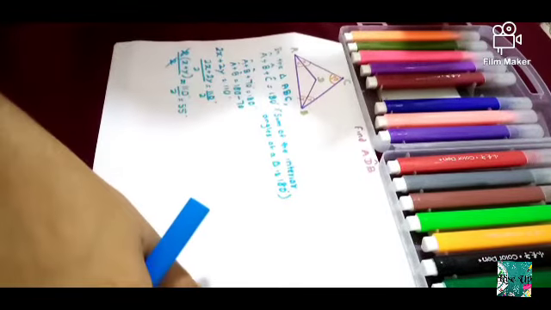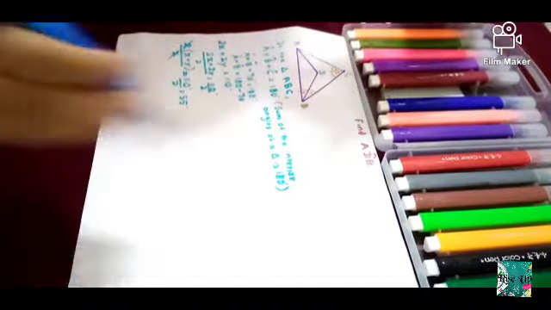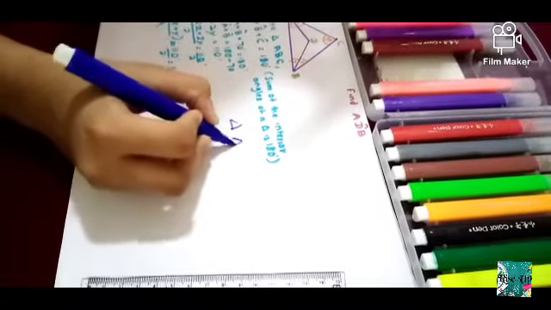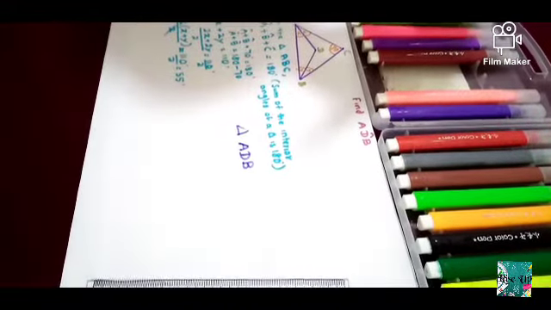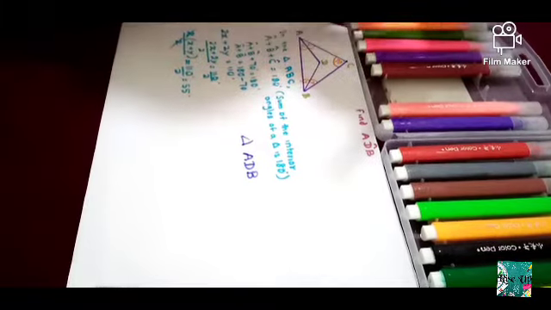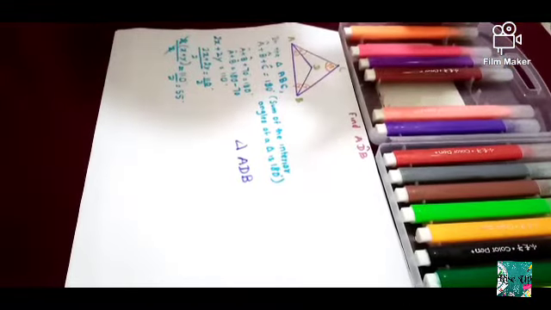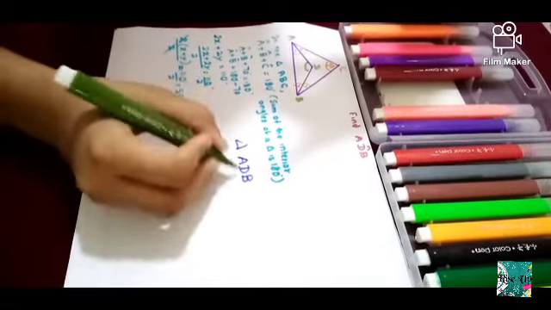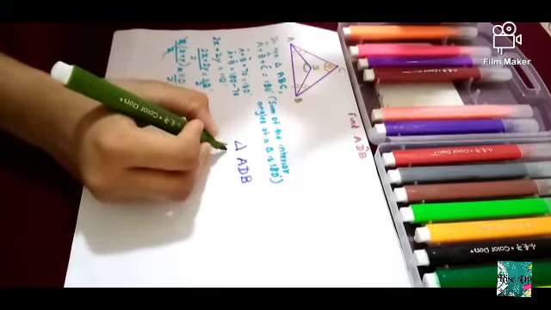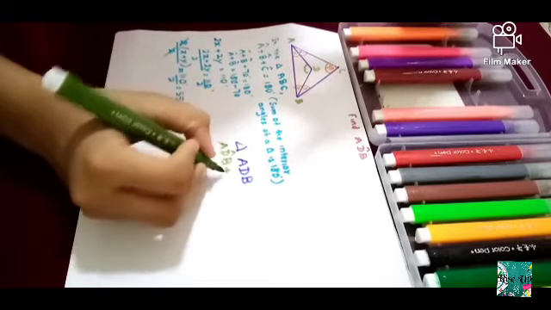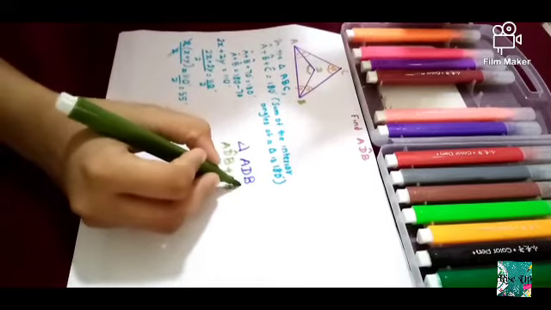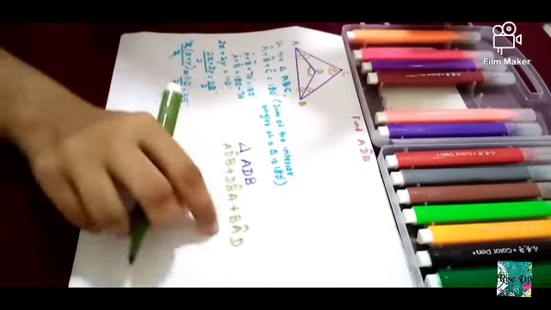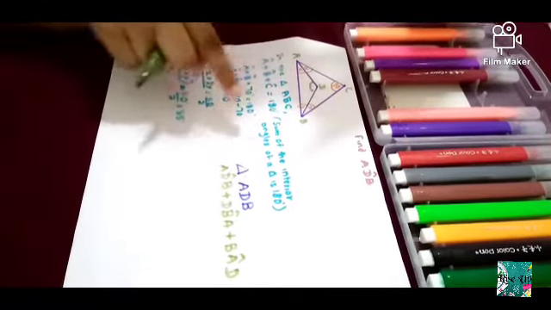Now let's go to the other triangle. What is the triangle? Okay, I'll do it with the color pen. Triangle ADB. That is the triangle we are going to consider now. So in that triangle, we have to find the value of angle ADB. So in the triangle ADB, angle ADB plus angle DBA plus angle BAD. How am I writing like this? Listen carefully and look at the diagram.